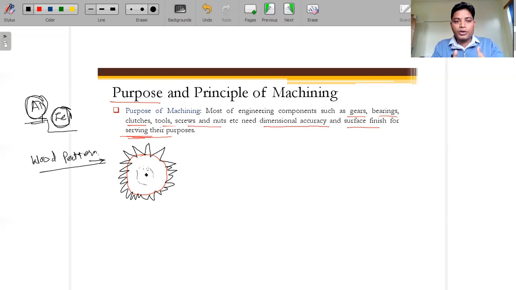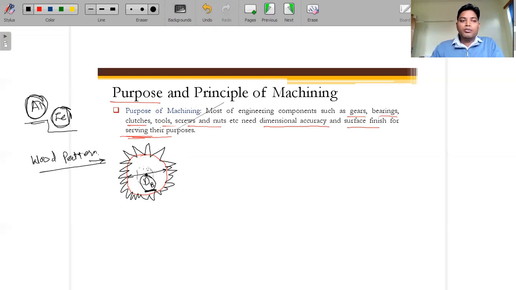The actual size will not be achieved. For example, if we define this by the base circle diameter, say dB, and we design the pattern of dB size only, then once the pattern is prepared, we fill the molding sand over it and take the pattern out. The mold cavity is created, and when you fill the molten material into it and it solidifies, the actual size will not be regained, because we actually need the dimension dB for this gear.